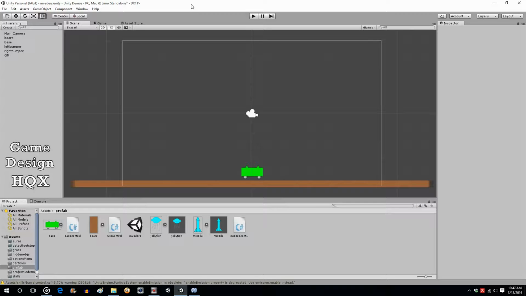Okay, so picking up right where we left off, we now need to add collision detection between the missiles and the enemies. What we're going to do is create a new prefab, and it's going to be a particle system. I'm not going to go into a full review of how to make the particle system, but I will give you the basics. I have a separate video series for that